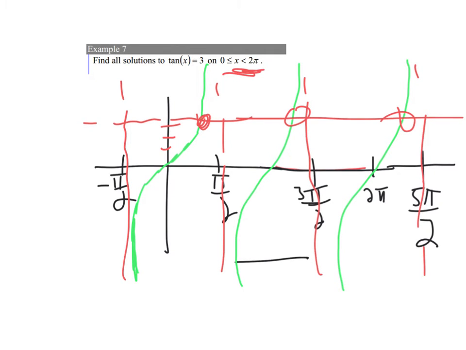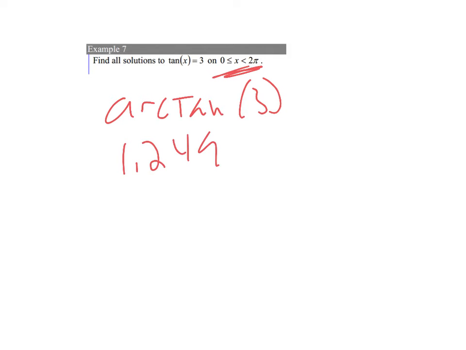I don't really want to do all that work. What I can do is this. I can find the arctan of 3, making sure I'm in radian mode, right? So I'm going to put my calculator back in radian mode. I'm going to do arctan of 3. I'm getting 1.249. And since I know the period of these tangent functions is pi wide,